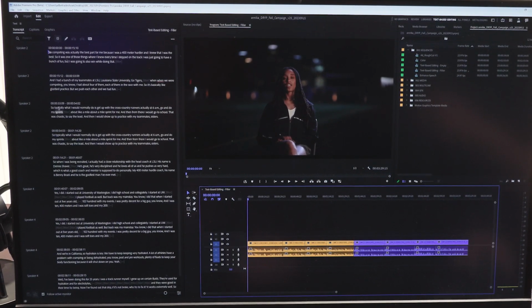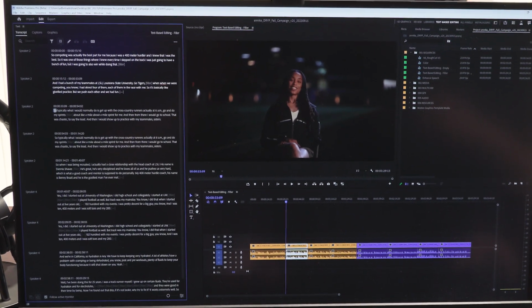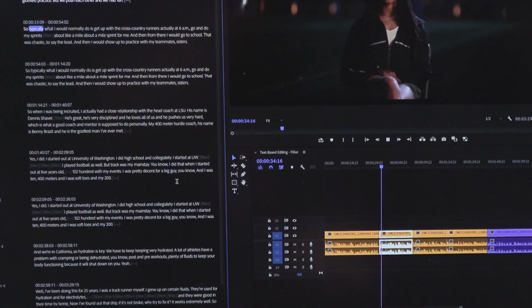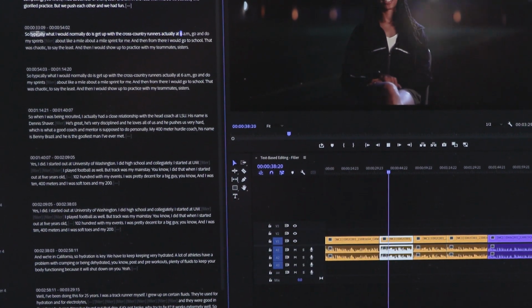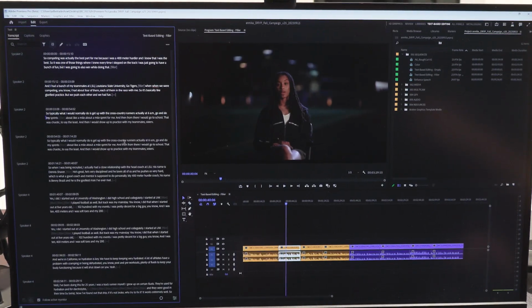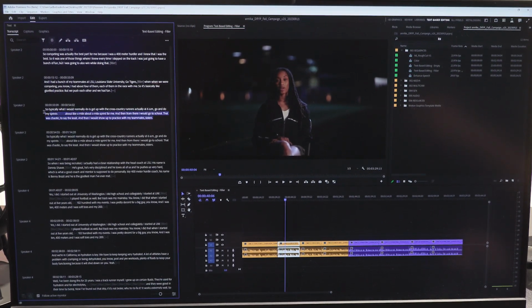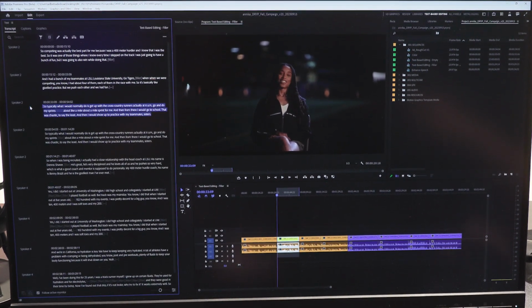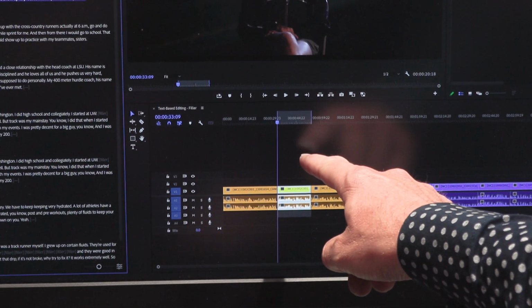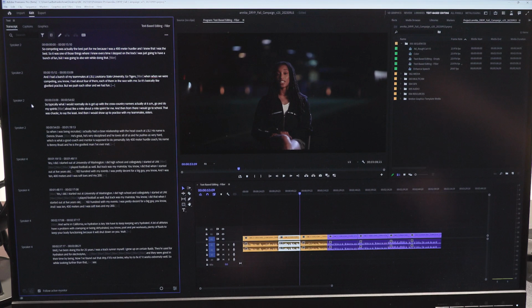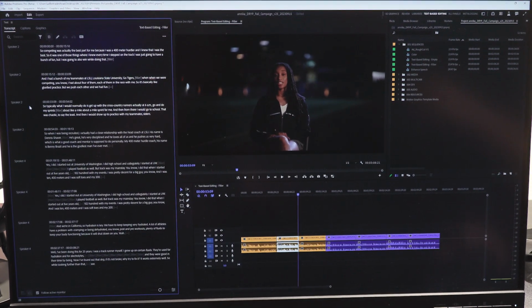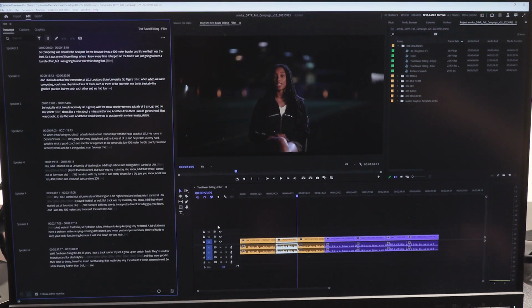So anything as simple as finding a phrase and just hitting play, and you can see how the words are playing back in time with the video. But also we can remove things. So if I decide I don't like this bit, you can see it marks an in and out point on your timeline. I can just hit backspace and it removes it. And so this makes editing your video really just as simple as editing text.